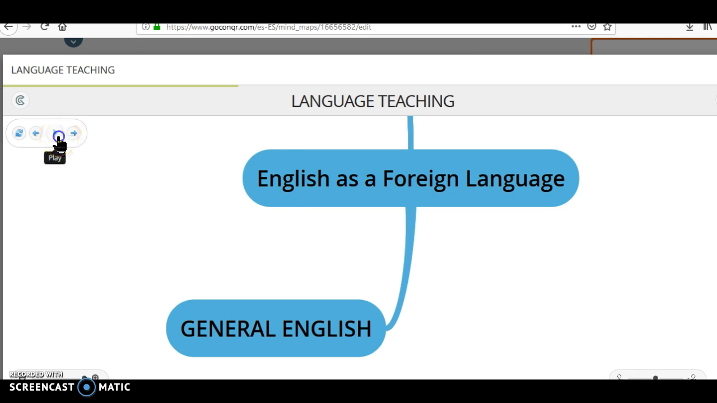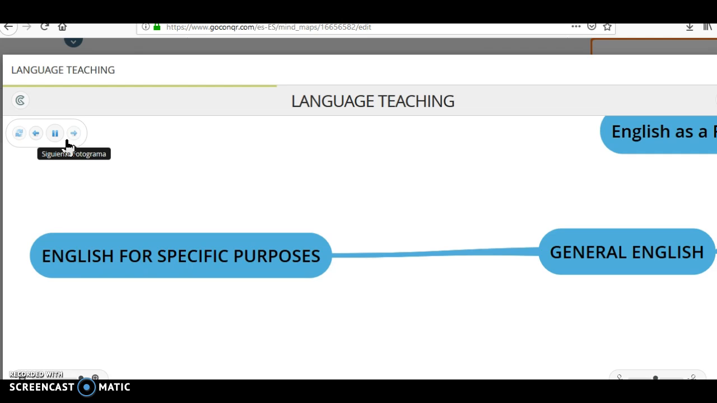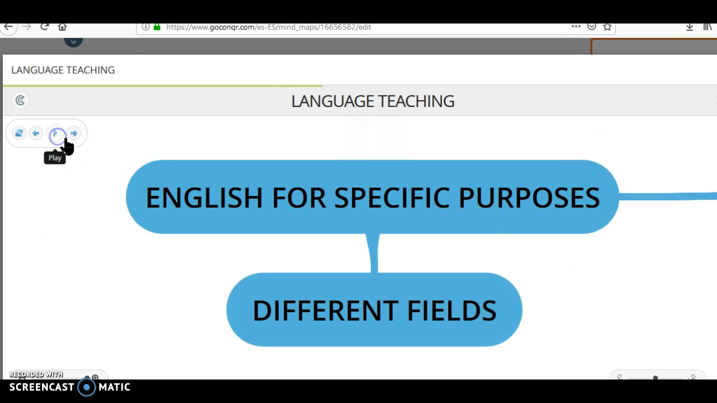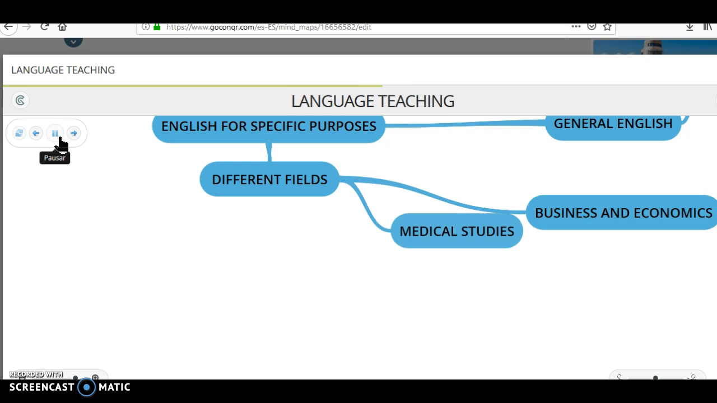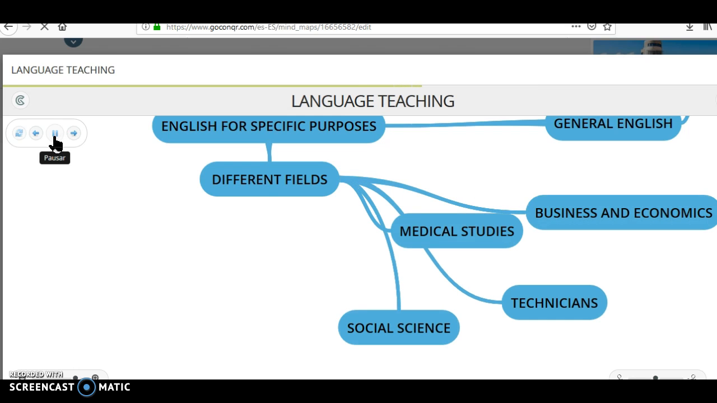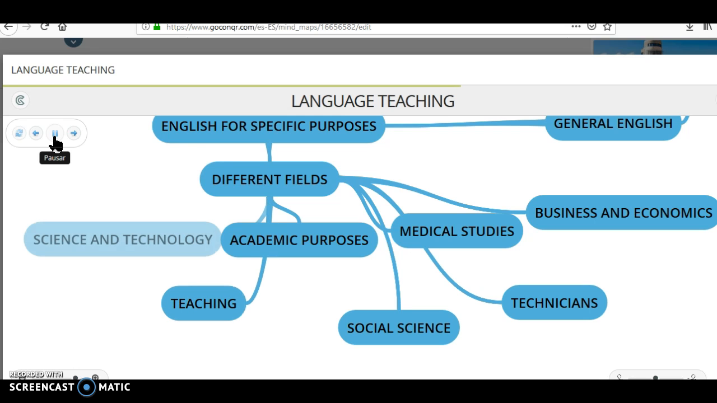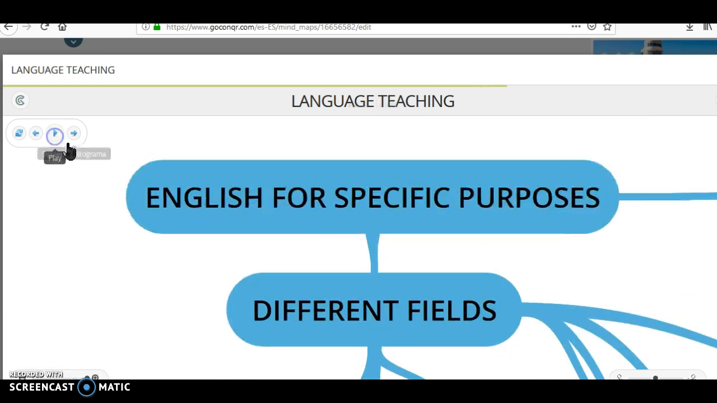the present activity is going to be focused on English for a specific purpose, which means that it's better to learn English when we have a purpose, and it can be seen in different fields like business and economics, medical studies, technician, social studies, academic purpose, teaching, science and technology. English for a specific purpose is important because